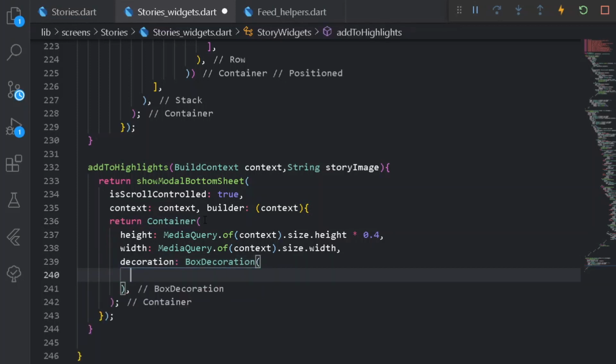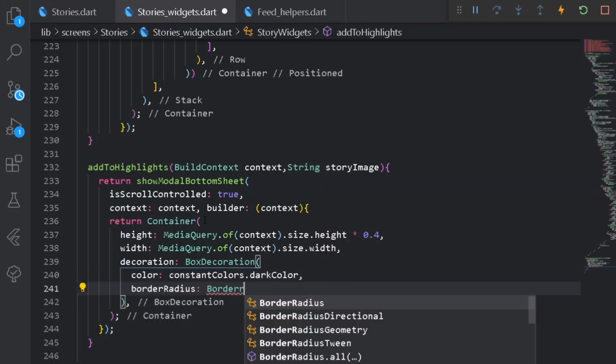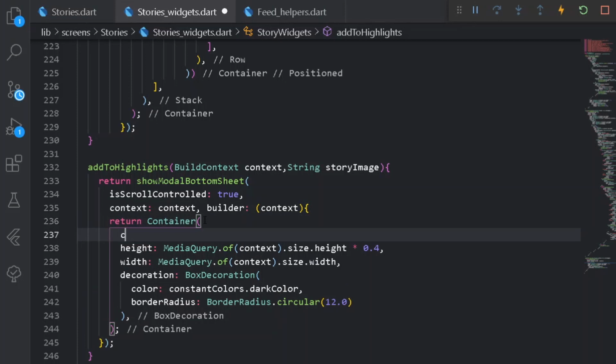So under our box decoration, first of all let's have somewhat color for constant colors dot dark color, and after that let's have somewhat border radius for border radius dot circular from everywhere for 12. So once we have done this, let's go under our container and have somewhat column thing to it.